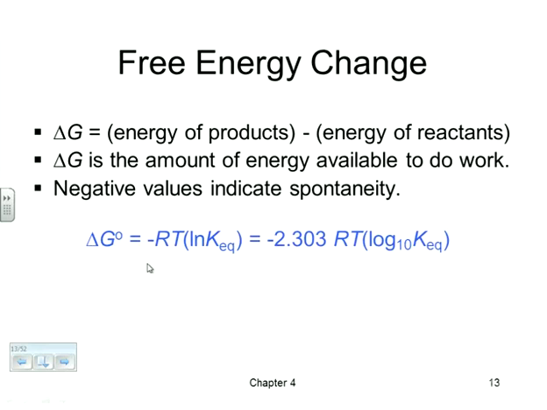None of us want to do anything, right? You know, we're lazy, just like reactions. So the more energy we have to put into something, the more likely it's not going to go. So a positive means you have to actually do work. You don't want to do that, so that's non-spontaneous. A negative means you release work. So basically work is done on you, and that's a negative number, which is spontaneous, which is favorable. And you can calculate these. I'm not going to focus so much on calculating these, but understanding it. So a large K, will that go with a positive delta G or a negative delta G? Negative, the one that's favorable. So if we start writing this down,